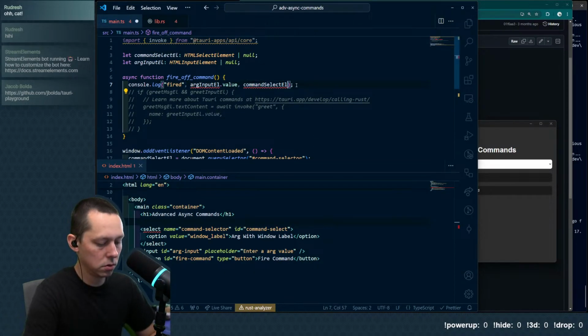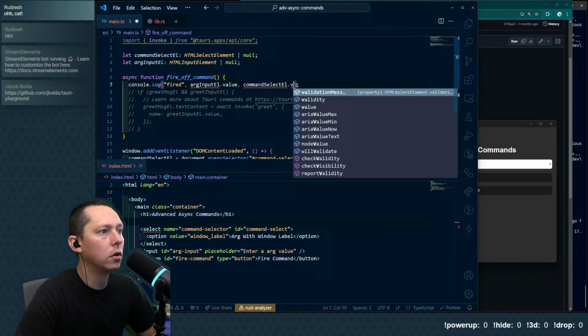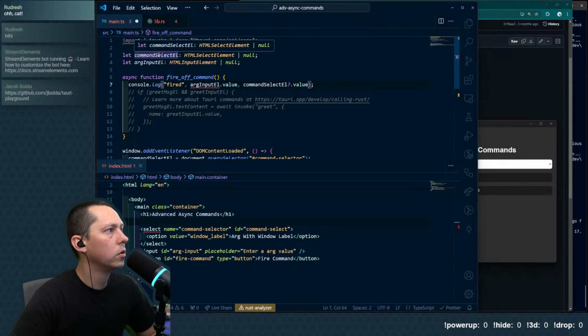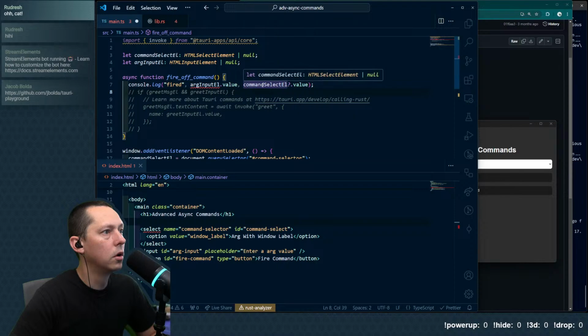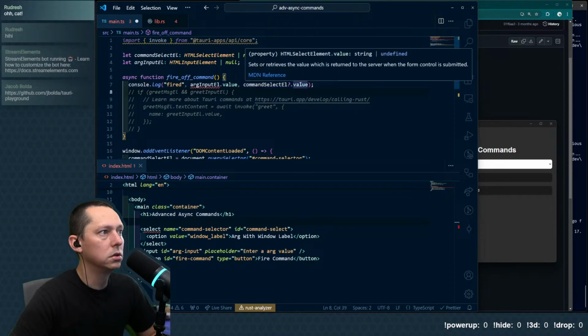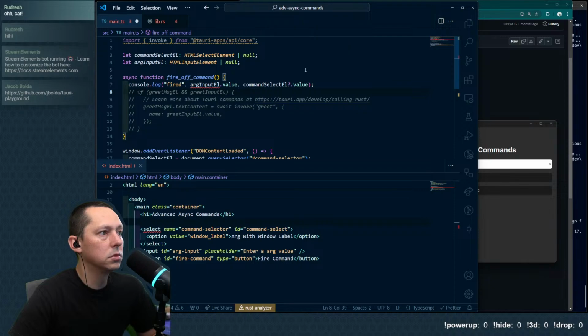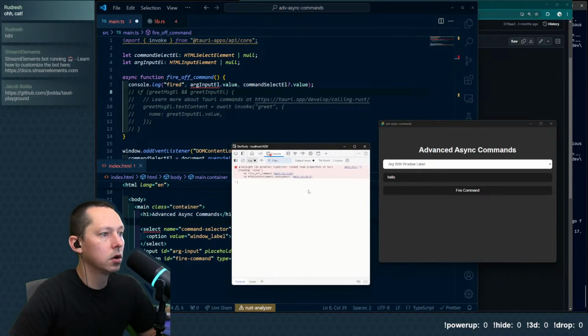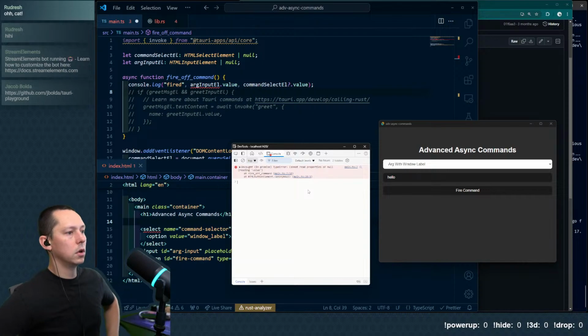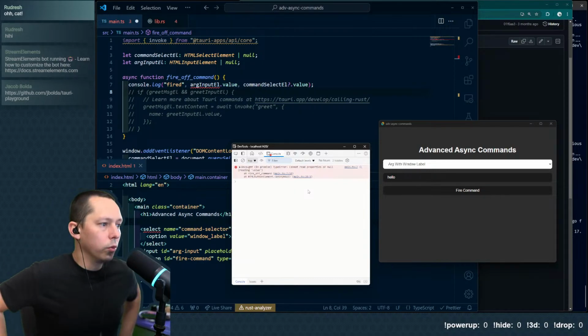So now, I didn't think it was a value. Command select dot value. Command select. It sets or retrieves the value which is returned to the server when the form control is submitted. So why is that throwing in an error? Can't read properties of null. Reading value.